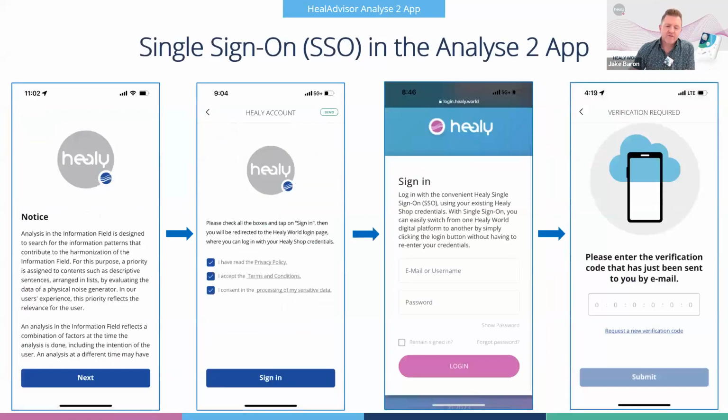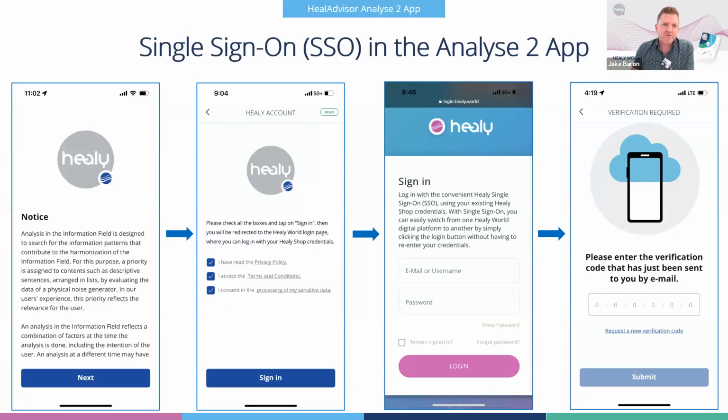And then for those of you that weren't part of the beta, maybe this is the first time that you've seen this new single sign-on process. So you download the app, that's the far screen on the left, agree to the terms and conditions, and then it takes you to a separate page. It's not within the app itself. It's an external page. It'll display within the app, but it's not actually built into the app.